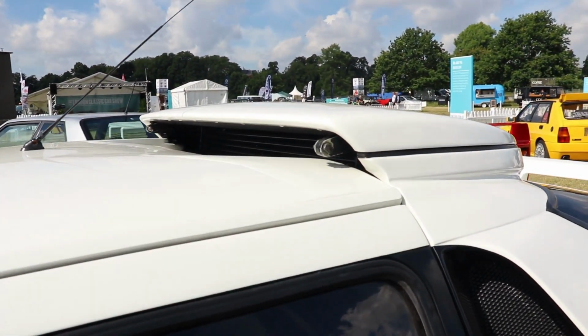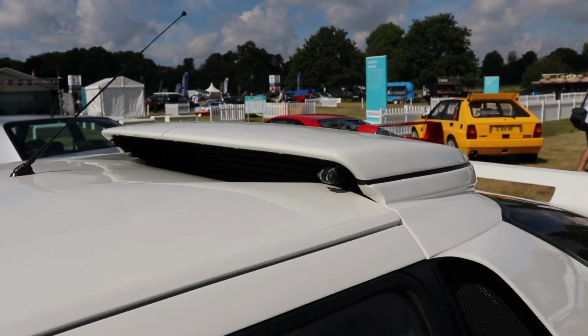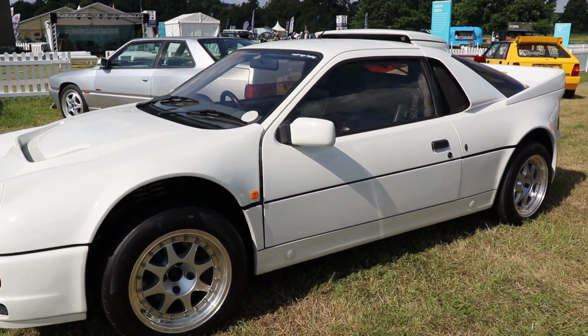Just great car. Only 2 passengers, of course. The seats are sporty. So guys, I hope you like the video about this very great Group B rally car